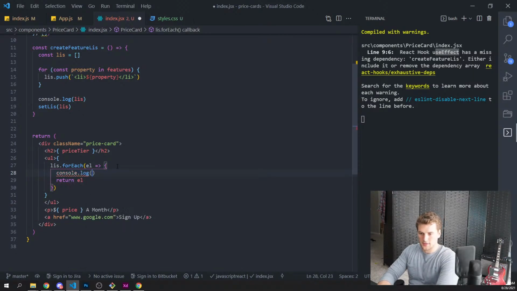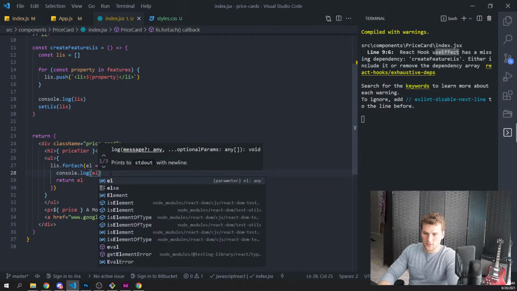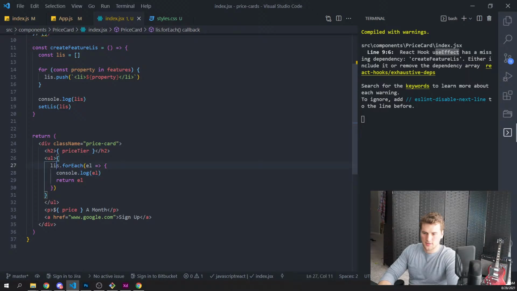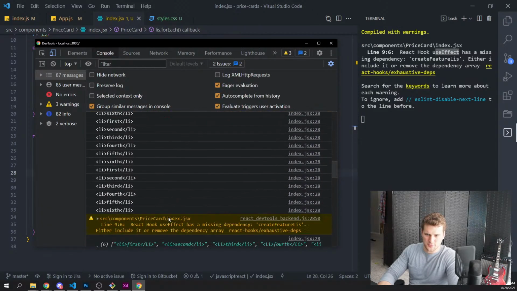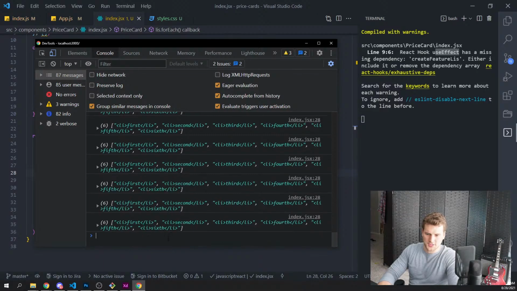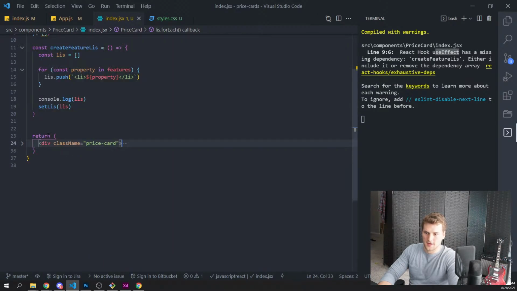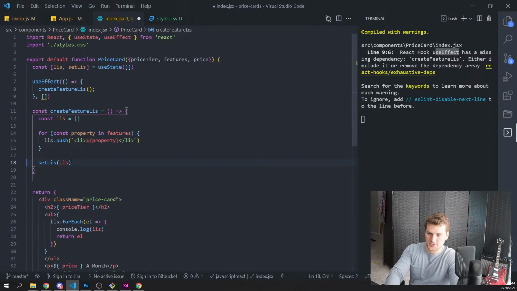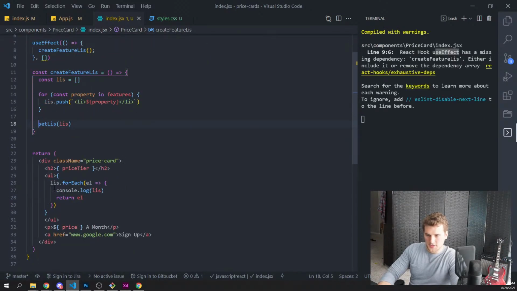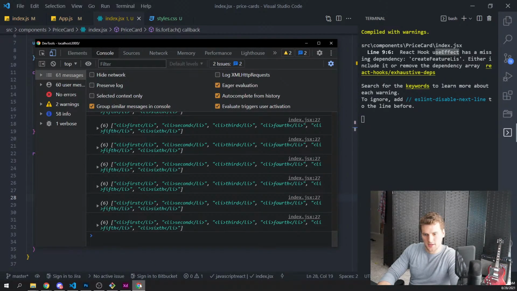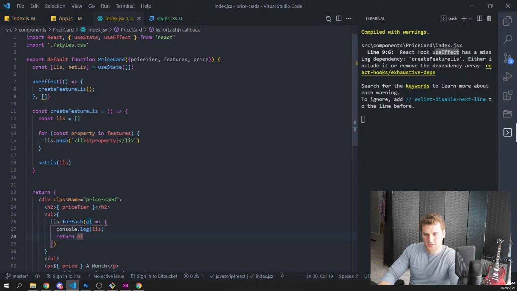Console log the L, or actually console log this. Does it have access to that? Is that in scope? It looked like it was because it was showing up there, right? Let's get rid of this other console log here because I need to make sure when this loop runs, it's doing it. Wait a minute.